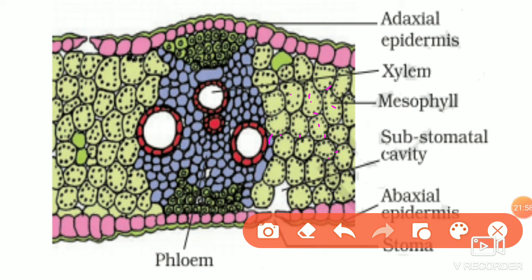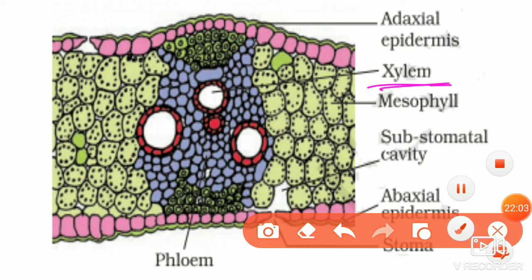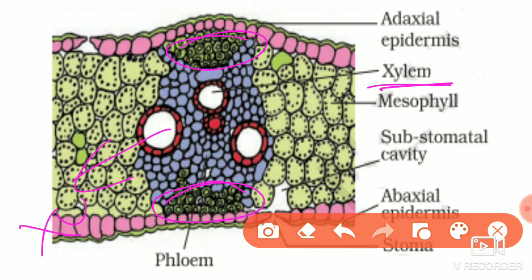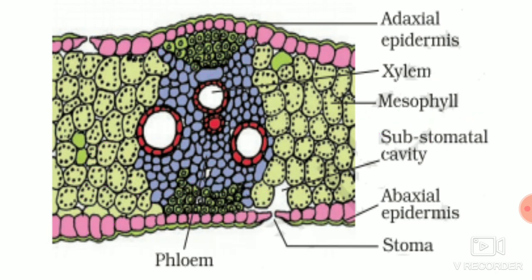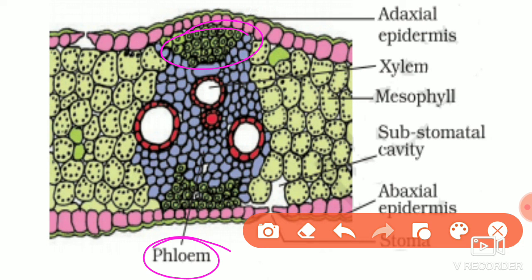The parenchyma cells are present. Then the next part is the vascular bundles. You can see here the xylem is there and the phloem is there. This is the phloem, and here is the xylem which is present, and here is the phloem, which is present in the monocot leaf. Same as the dicot leaf, they have both xylem and phloem. Those are the vascular bundles present in the monocot leaf also. Same.